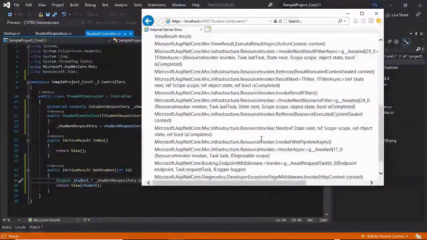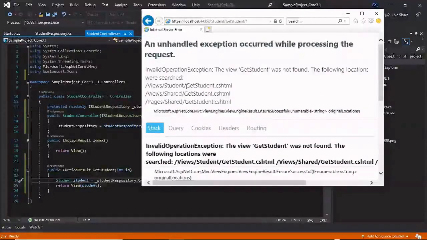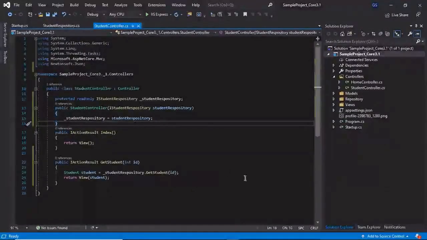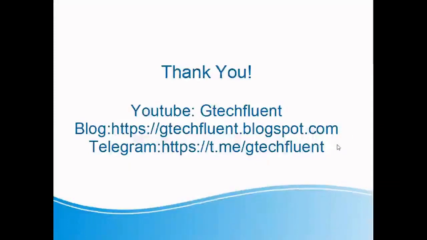Look, we are getting the error because we have not added the view yet. In our next video on implementing the view in ASP.NET Core, we'll implement the view functionality for this. So in this way, we will add controller actions and return different results from the controller.